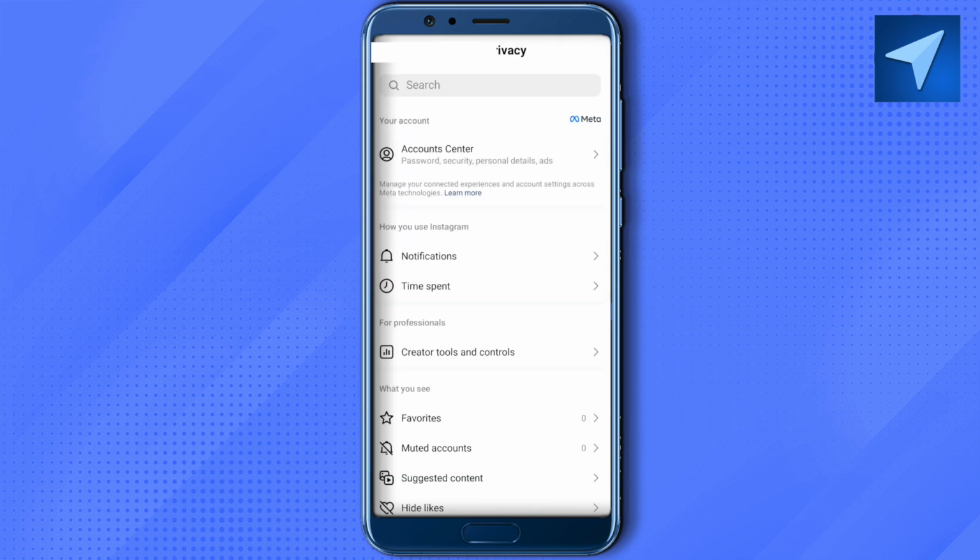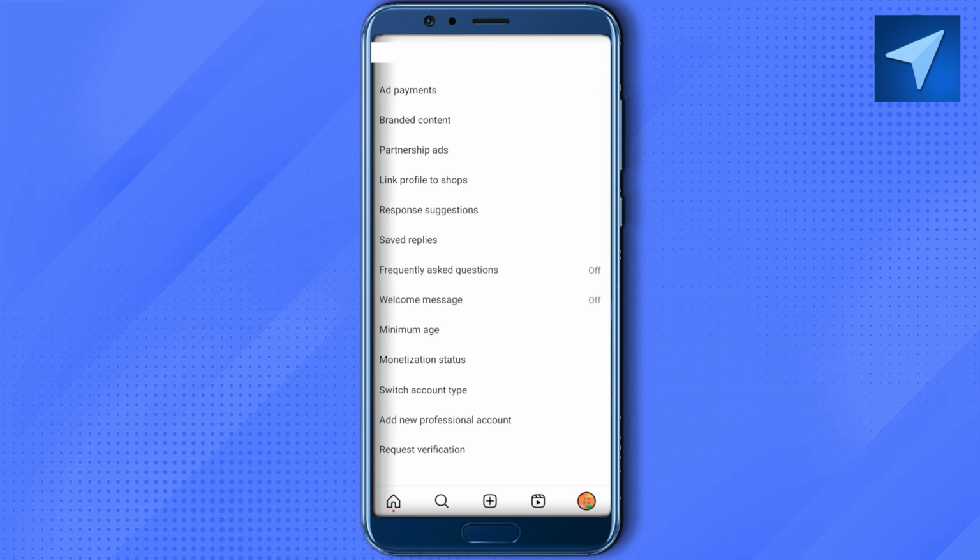And also make sure that you connect your Facebook page with your Instagram account, otherwise you won't be able to open up the shop. And after that, in your settings and privacy, click on this option of creator tools and controls, and if you have switched to business, then you will be able to find the option of business tools. Just click on it, and in this list you will be able to find the option of shop,